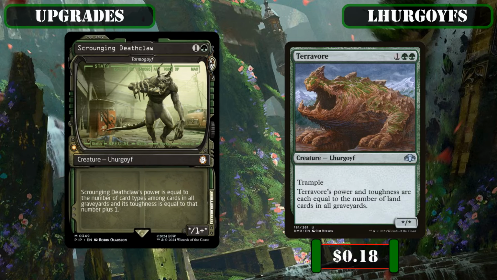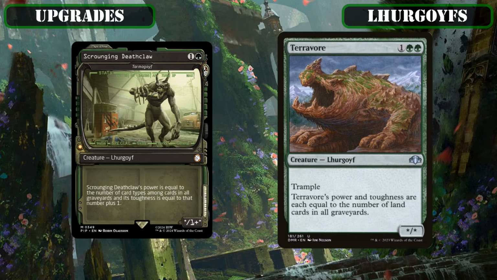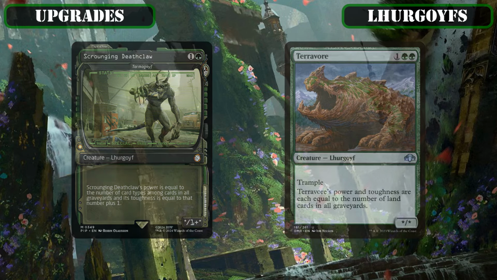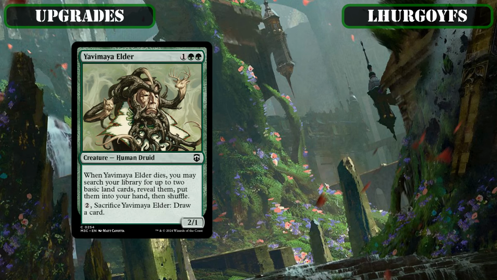the former being a Fallout reskin of the original Tarmogoyf, which we're running due to it being the cheapest version we can buy of it while still remaining within budget, and, just like the Tarmogoyf tokens our commander creates, because it can grow into a sizable threat as we fill up our bin, while the latter takes advantage of all our slow fetches, cycling lands, and lands that will be milling in order to grow itself into a massive trampling threat, as well as cutting the mediocre basic land tutor Yavimaya Elder and the okay but a bit too generic